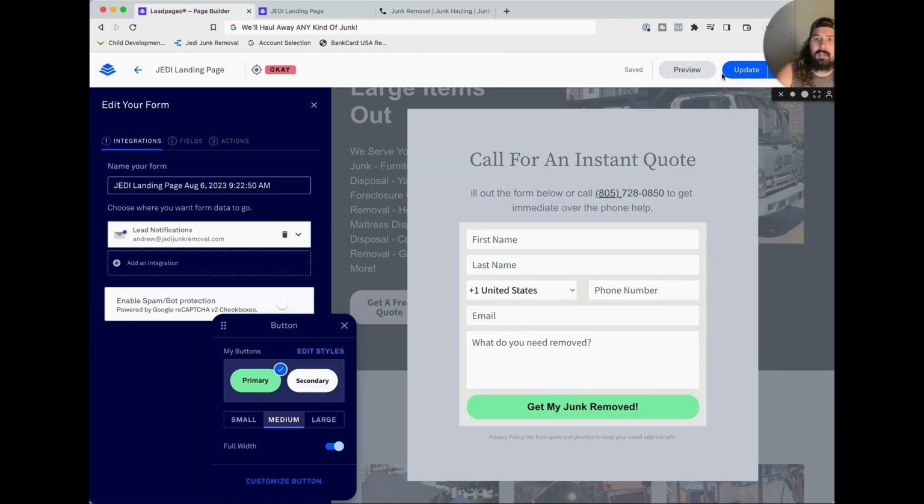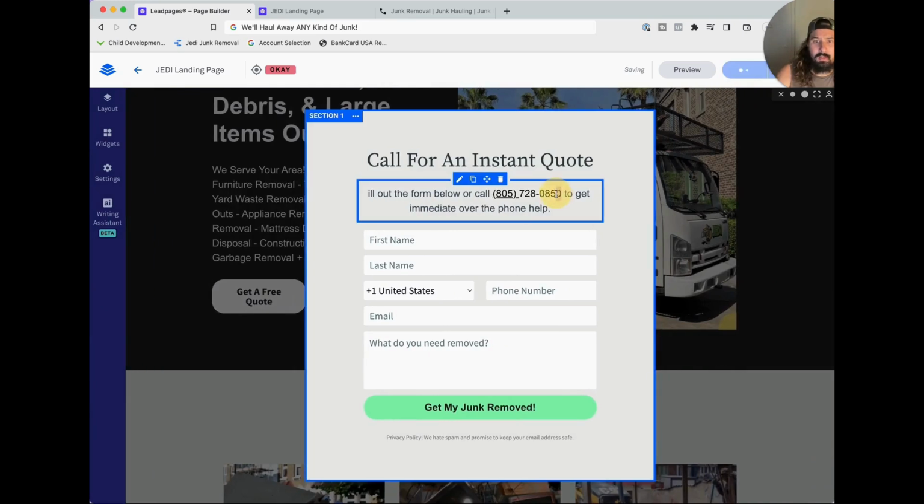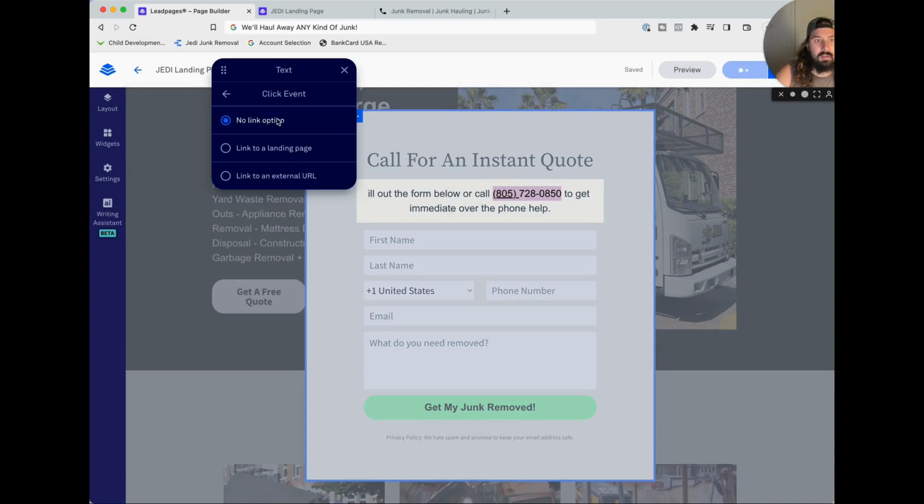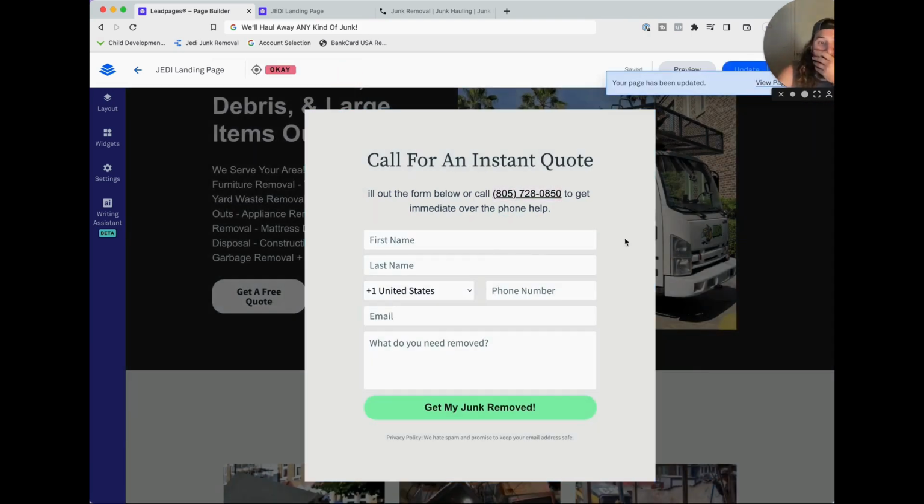Something fun, I don't know. Okay, and then let's fix this too. Let's just make this all link to next URL, telephone, +1 805 728 0850. Just like that. Okay. Now this form,